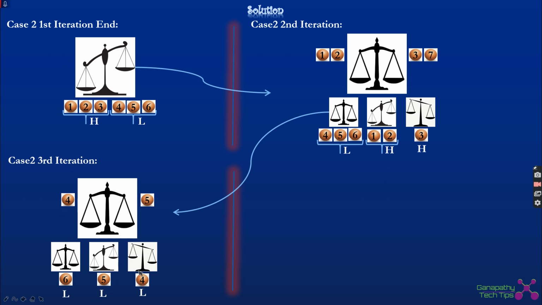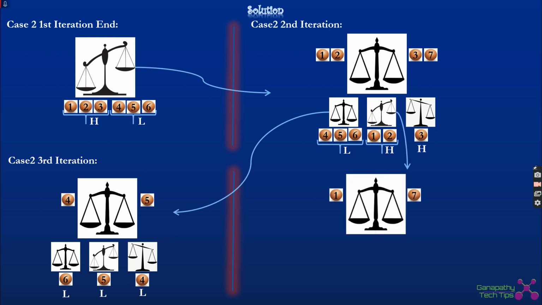If the left side goes down, or sorry, if the right side goes down, then we can say 4 will be the lighter suspect. So we are dealing with the lighter suspect on this iteration. So at the end of the third iteration, we can conclude that either 4, 5, or 6 is going to be the lighter. Now let me take the second scenario in the previous case, where what I can do,